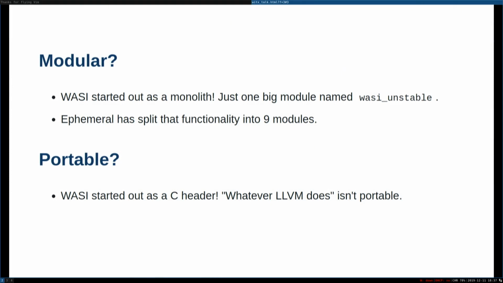The other thing is portable, and portability means what sort of host systems it runs on, whether that's all the various WebAssembly runtimes I was just listing, and also what languages inside of the WebAssembly sandbox can use it. And of course, WASI started out as a C header and a LibC implementation that was built around that. So it didn't start out as very portable at all. It started out as for C programs only. And then Rust built its support on top of that LibC.